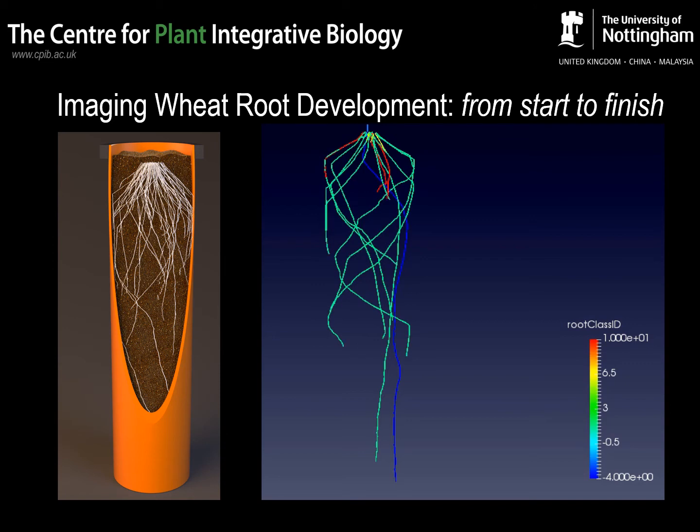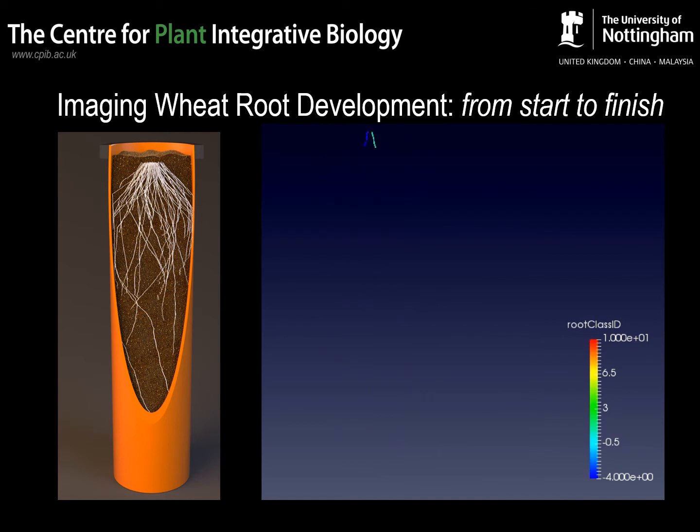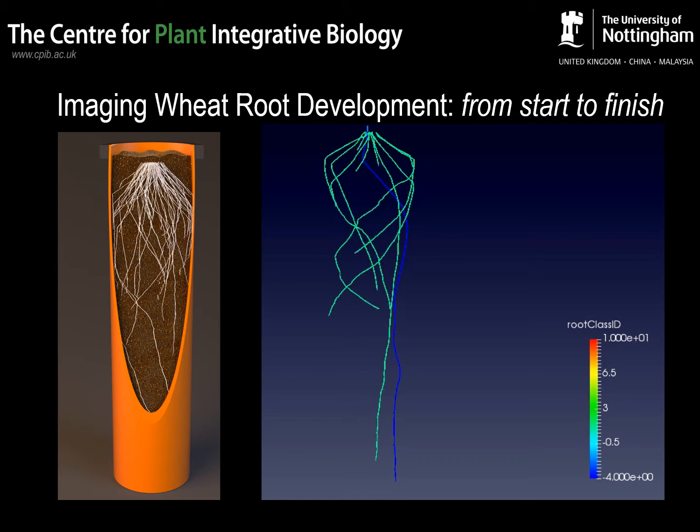So this shows how wheat grows during its life cycle. We've scanned it repeatedly. Remember, X-ray CT is non-invasive, and this allows you to take time points, and this allows us to build up a developmental time sequence of how roots grow and develop. And this reveals, for example, how the seminal roots are critical for the initial pathfinding during the early season, and during the later season we see this flush of tiller roots which are capturing the nitrogen and possibly late season